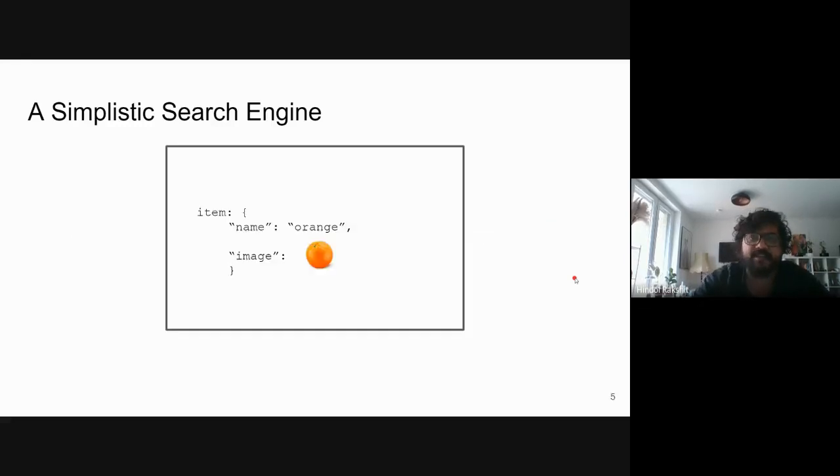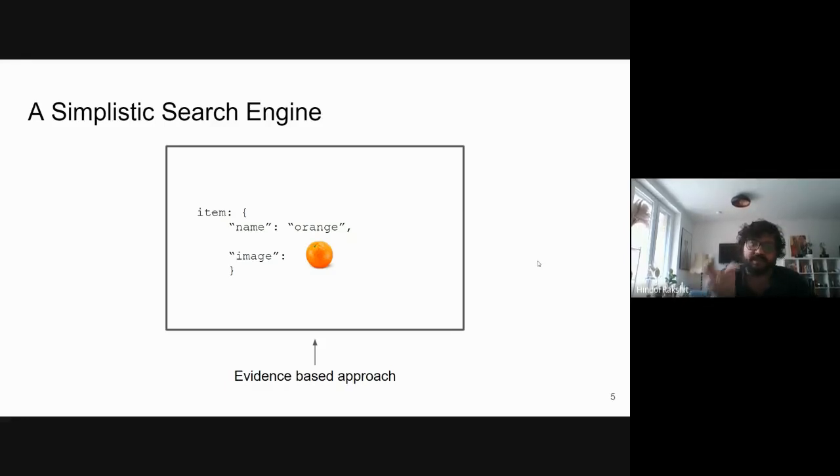The most naive answer would be the database should contain a single item, the name should be orange, and the image should be associated with this, so that this image relates to the query that comes from here, and the name is related to the outcome that comes from here. This we can call an evidence-based approach, where we are looking at what kind of queries people are presenting, and based on that we are populating the database with items which are commonly searched.